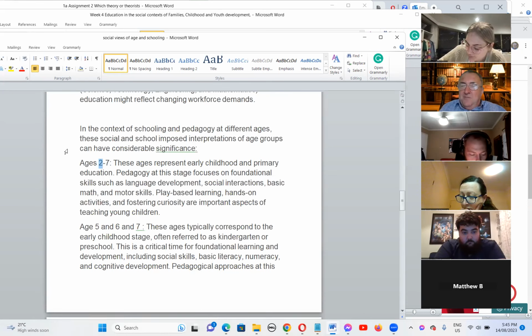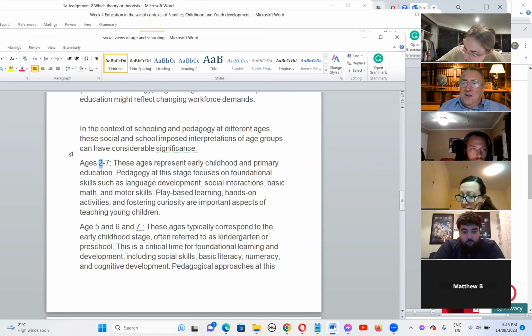I remember seeing some 2, 3, 4-year-old children in Fiji who had machetes in their hand, chopping bits off trees in the market. And I thought, if I had a preschool class with 2, 3, 4-year-olds, I don't know that I'd be giving them machetes to use. That's culturally different.